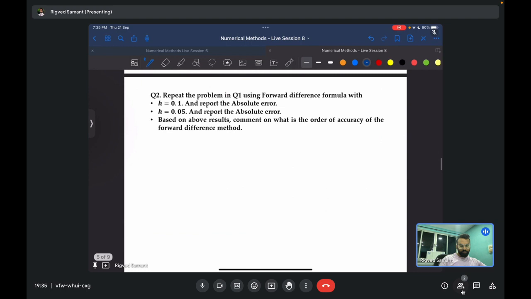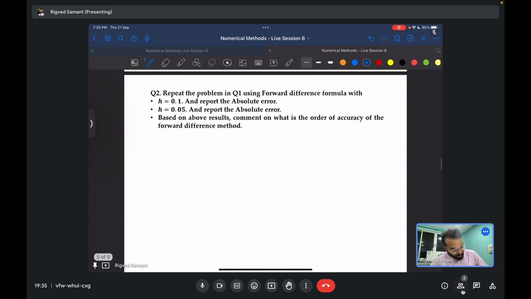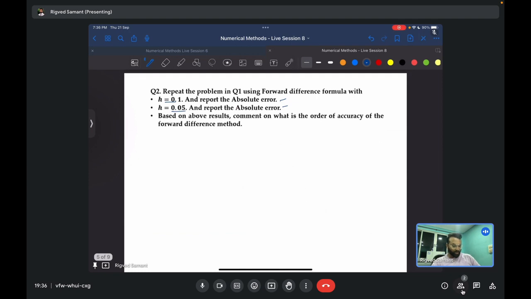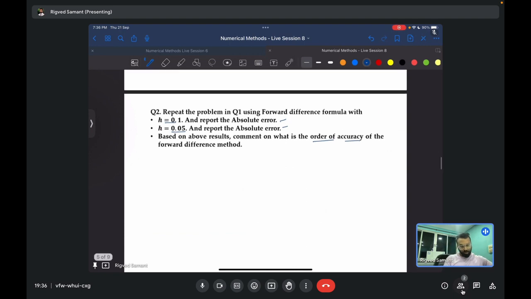Now for the second question, repeat the problem in question 1 using a forward difference formula for h is equal to 0.1, h is equal to 0.05, and report the absolute error in both the cases. Based on the above result, comment on what is the order of the accuracy. How you will find the order of the accuracy, that we will discuss later. So what it is telling you,